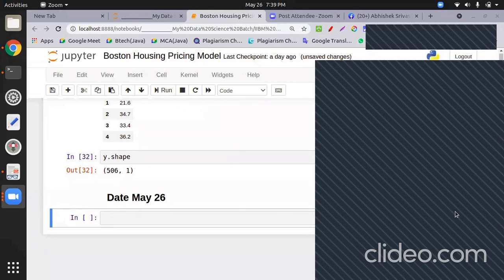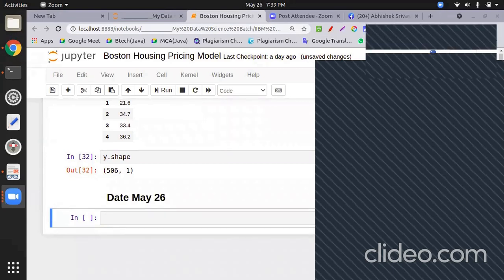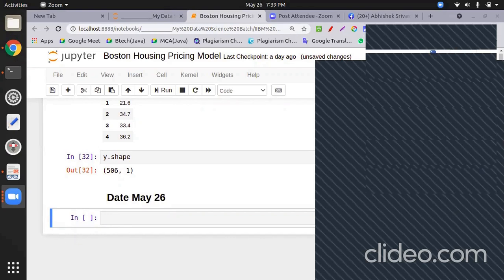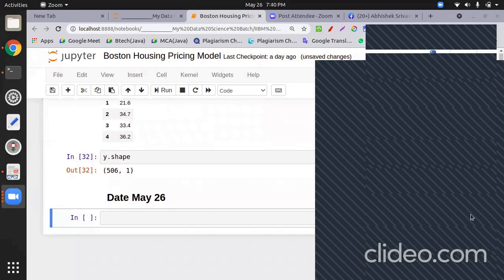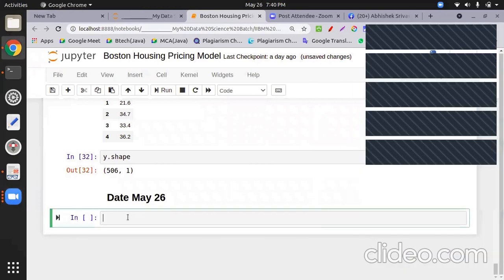The work we did yesterday, how many people completed? जो काम कल किया था, कितने लोगों ने पूरा कर लिया है? My screen is full with notifications. Wow. Now my students are the best students from India. Okay, that's good. Appreciate it. Thank you all. Okay, so let's start the session.